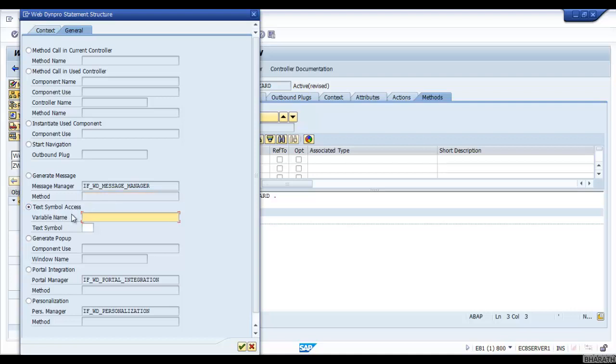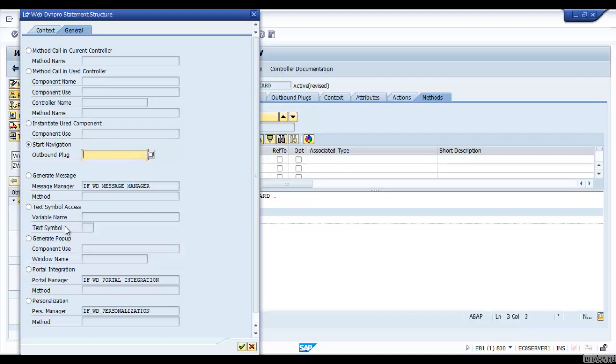And here text symbol access. Text symbols can be created, so you can use this radio button for text symbols. And generate pop-up. We have a separate unit for this pop-up functionality also. We have a separate unit for message handling, for generate pop-up, for instantiate used component, and for start navigation.